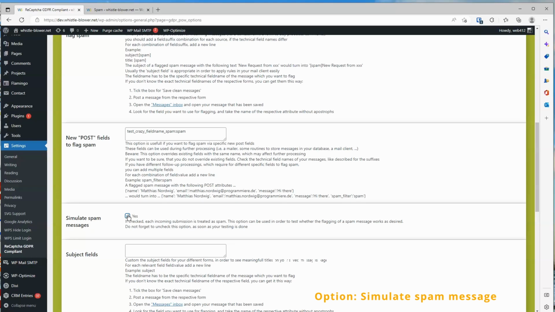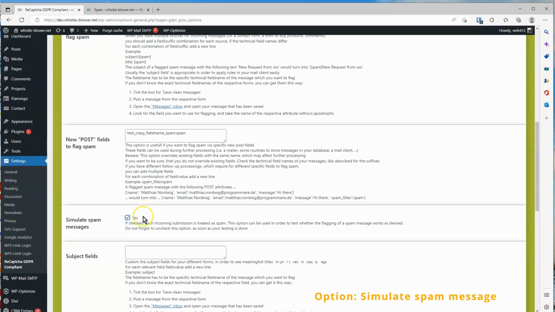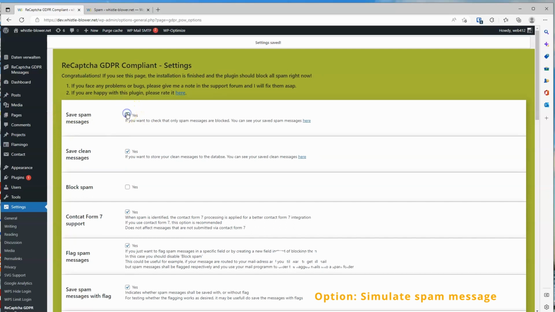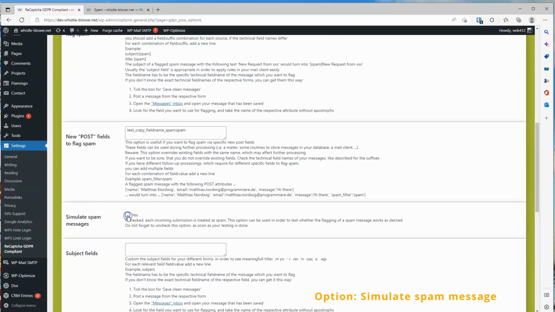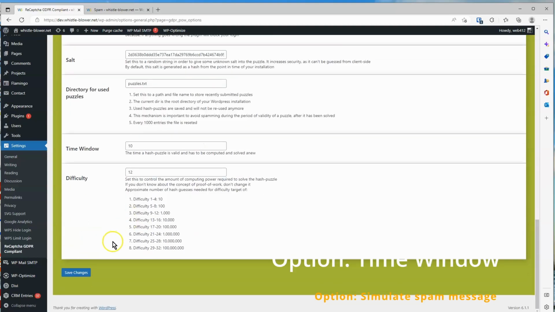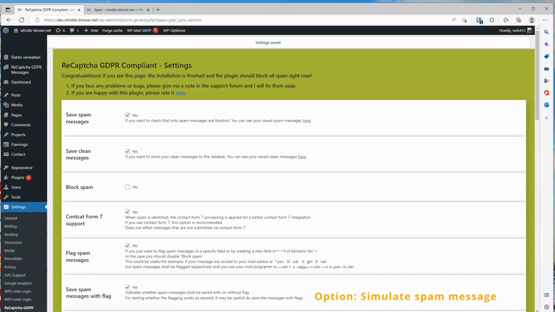Before, we ensure the following options: check Save Spam Messages, uncheck Block Spam, check Flag Spam Messages, check Save Spam Messages with flag. Enter your desired message flagging either as suffix or as a new field. Check Simulate Spam Messages. Save changes. Open your form in a different browser that is not logged into your WordPress administration area, as otherwise